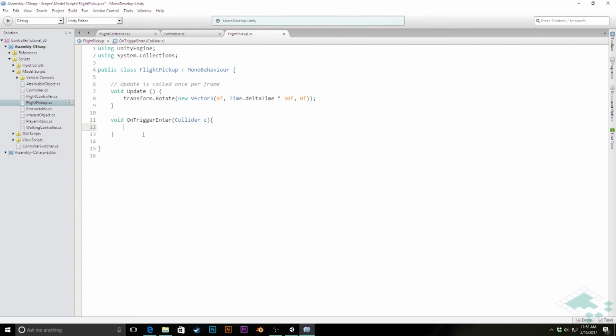So the first thing we want to do is make sure that what has entered this is the player. We don't want to be giving flight powers to random NPCs or just a random object that happens to fall through this pickup. We want to make sure it's the player. We can do that pretty easily. We can just say if